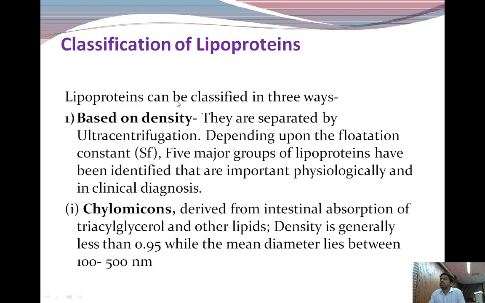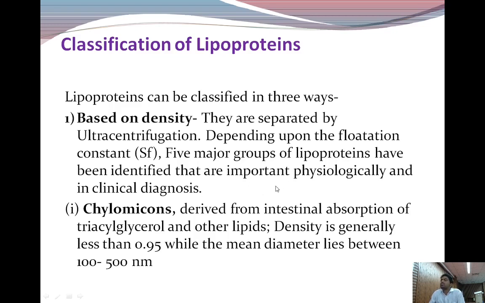Now, the classification of lipoproteins. This can be classified in various ways. First we will see the classification of lipoprotein based on density. These lipoproteins contain lipids and also some protein. Because of the lipid content, they will have different densities, right? All the lipoprotein mixture can be separated with the help of a method known as ultracentrifugation, and depending on the sedimentation coefficient or flotation coefficient, SF,